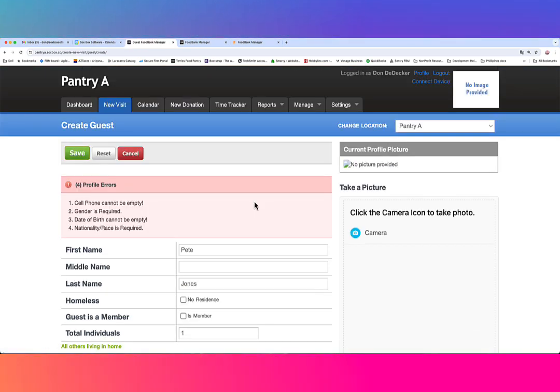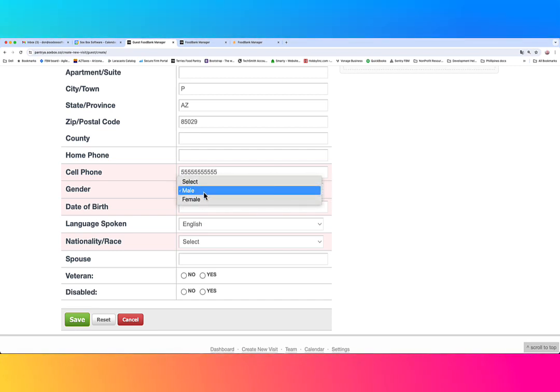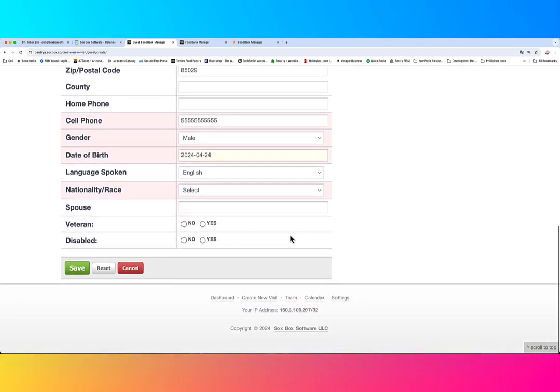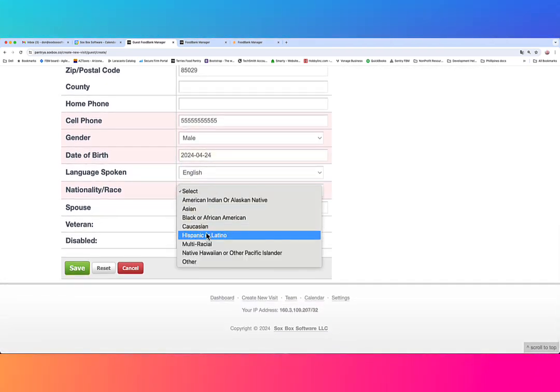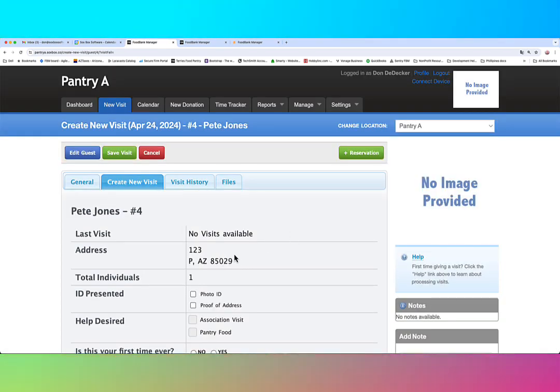Now it's going to tell me what's required if there's something required. Cell phone, I'm going to fill this out, 555, 555, 5555. I'm going to do my gender. Now, if you don't want a binary and you're using a binary, you can make a custom field and make a custom gender field and turn this one off so you have exactly what you need. I was born today, let's say, and I would just call myself Caucasian. There we go. And I'd say save. All right, so I have this one at 123, and an